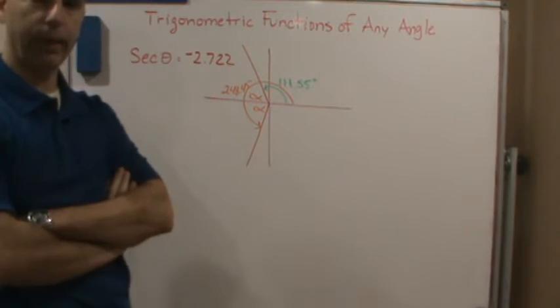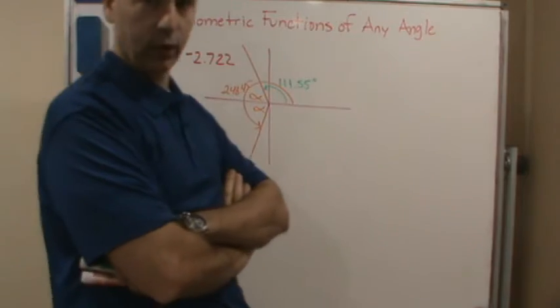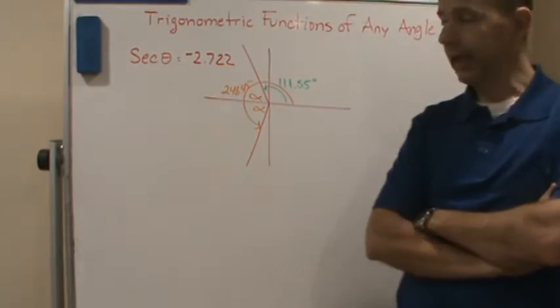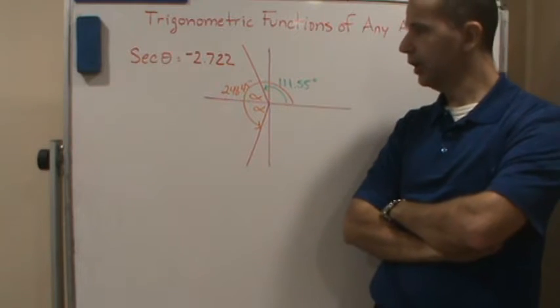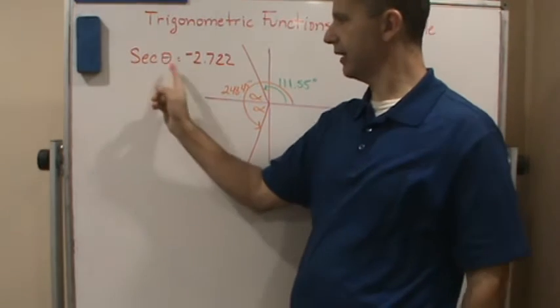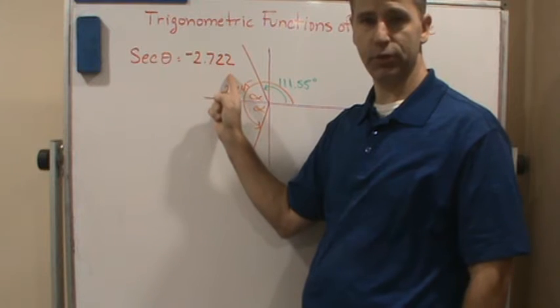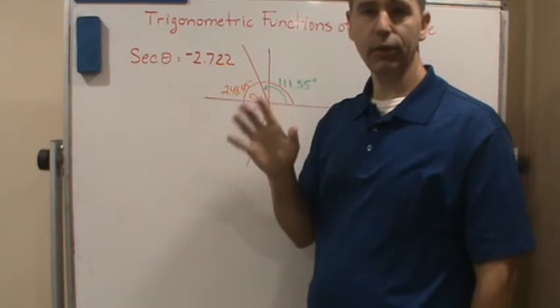Okay, so welcome back, and now in this video we're going to take a look at secant theta and show you a couple of reference angles and different angles here. So in this case we have secant theta equals negative 2.722. Okay, so now remember,